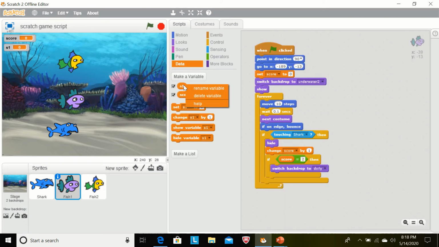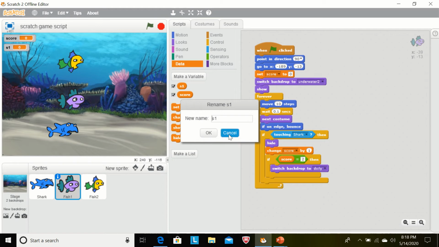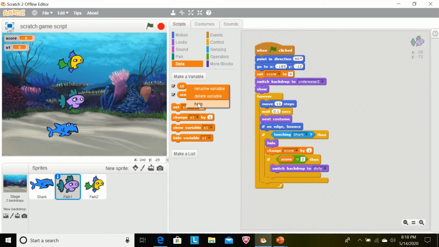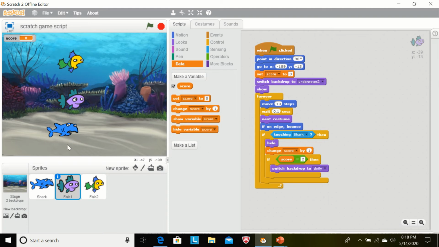First, I am deleting this variable. Delete variable. Now, I am explaining the script of fish1.